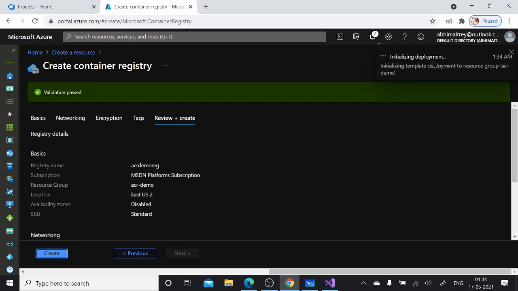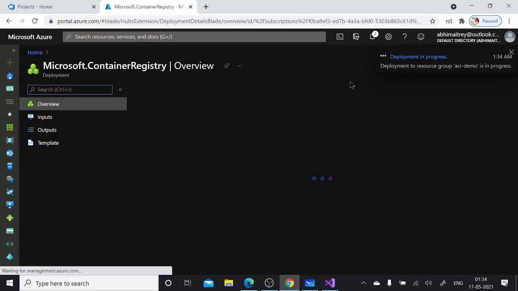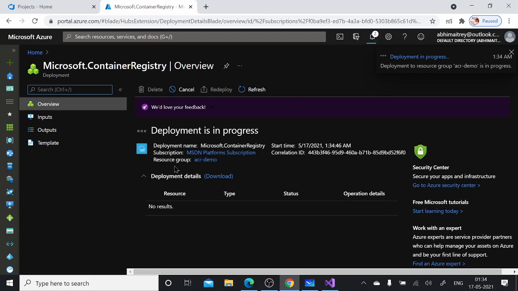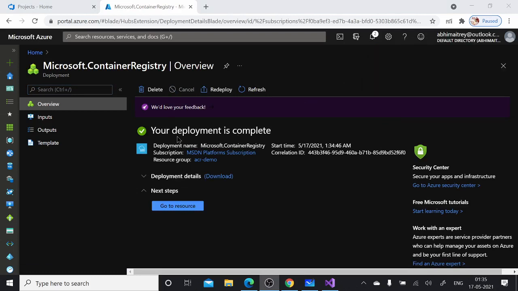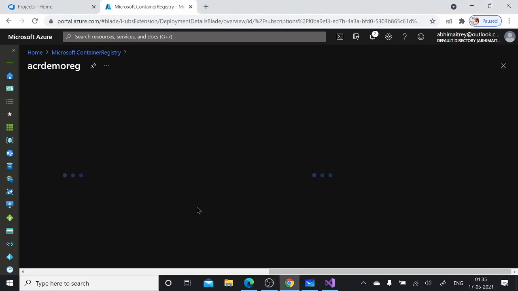So it is initializing the deployment, and it will take a couple of seconds to provision the specific resource which I have demanded, and it will intimate me. So my deployment is in progress. Let's see how soon it is done. The resource is provisioned, and we can go to the resource,